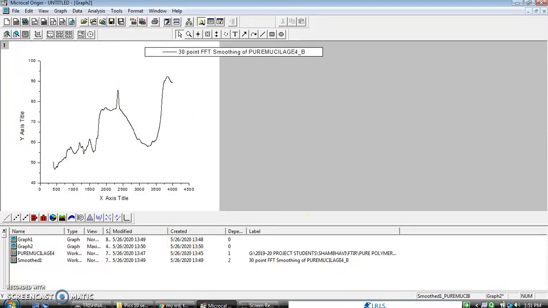Now in order to see the percentage transmission for each and every wave number, and from there you will be able to interpret that this particular wave number corresponds to which type of functional group. So for this we have to go to this part. You can see in this icon, just after this search option, there is another option, the screen reader. So as you click onto the screen reader and you put your screen reader on any point,